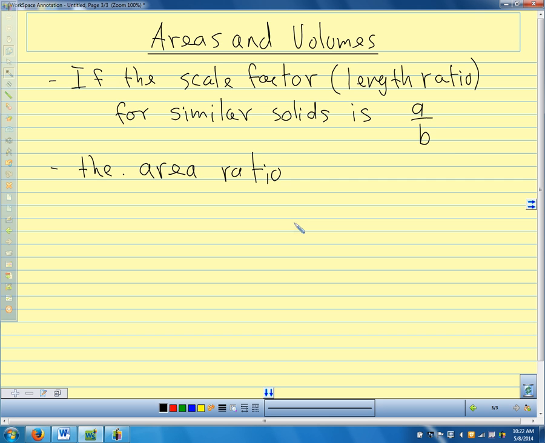If we have our scale factor, how do we find the area ratio from the scale factor? Square it. The area ratio is a squared over b squared. And because we're talking about solids, we're talking about surface area. But we're still talking about area. The volume ratio